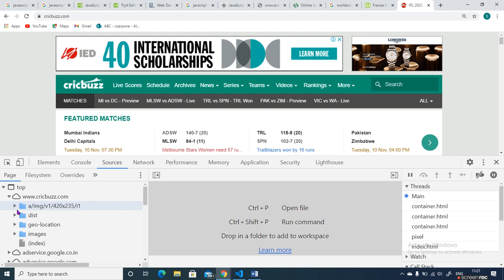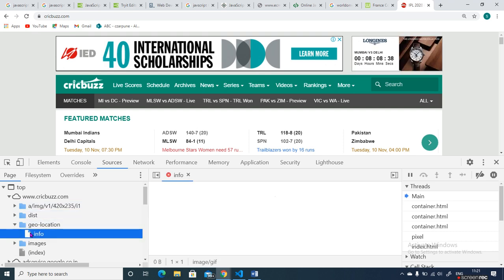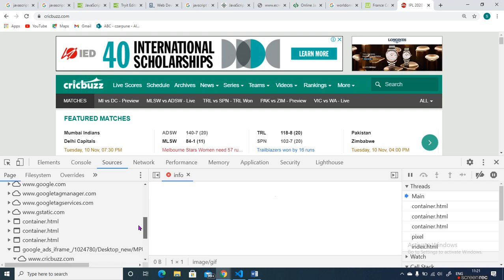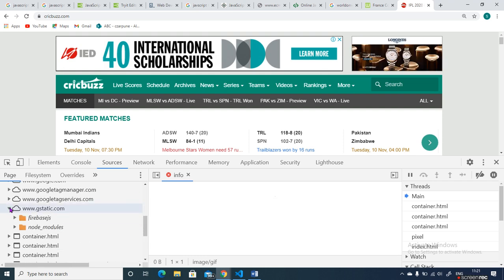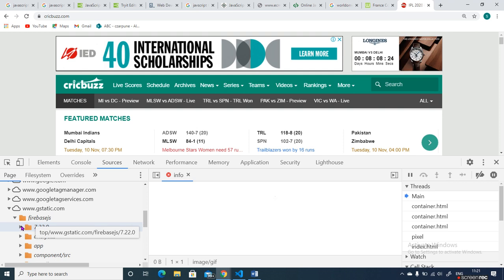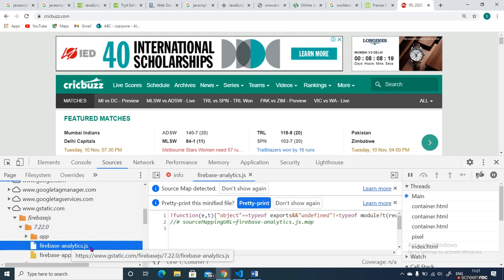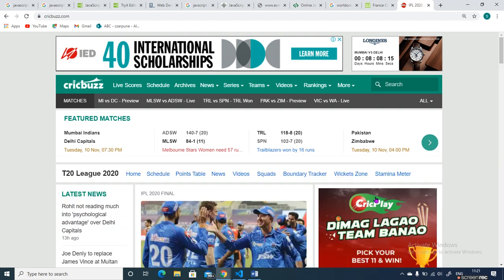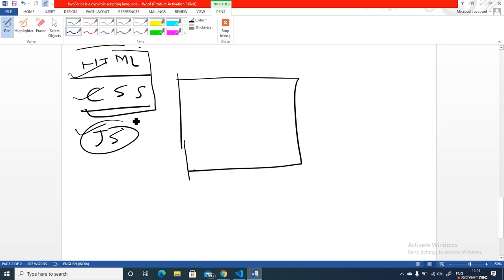If you expand anything, just a minute, images are there. If you go into any site, you will see there are different JavaScript files. You can see the JavaScript .js file is there. So these are the JavaScript and HTML. So our pages are constructed from three things, okay: first is HTML, CSS, and JavaScript.